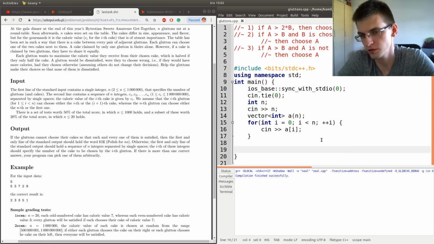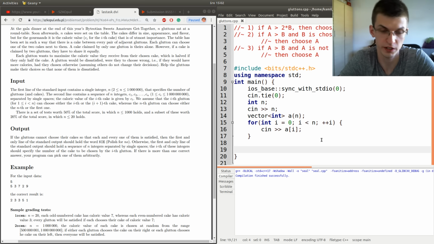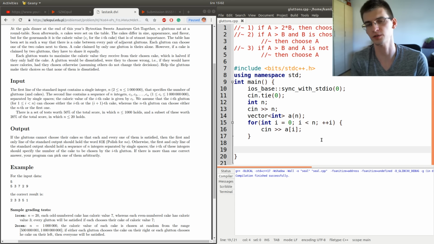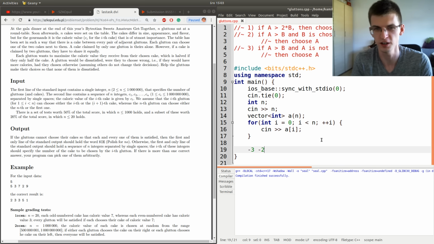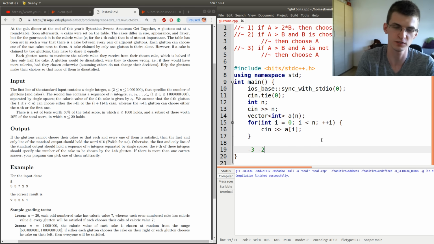First, we want to check for adjacent values where one value is 2 times bigger than the other one. Also, a question from this: is it possible that values will be negative? Because then -5 is not really better than -2, or -3 is not better than -2, even though it's bigger than 2 times -2.